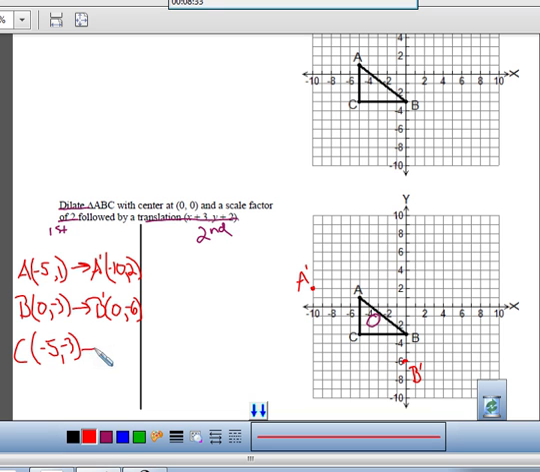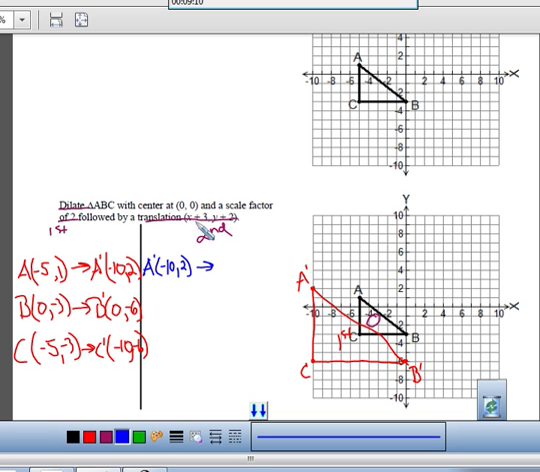And then C prime is at negative 10. And then negative 3 doubled is negative 6. So all the way over here, C prime. Connect those. Now obviously this is not a congruent figure. This first transformation changes the size, so it enlarged it. Now the second one, we're going to take all these points, so A prime, which is negative 10, 2, and